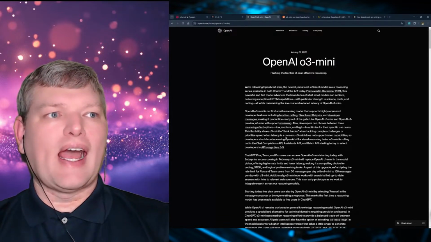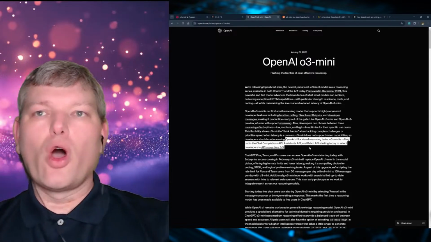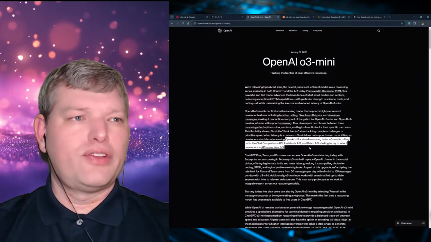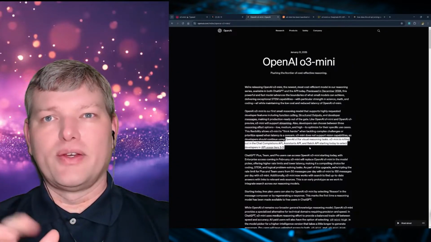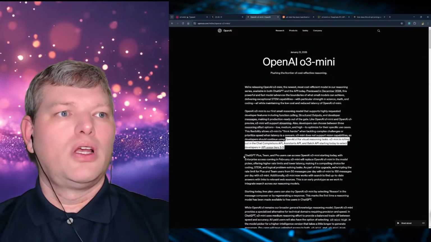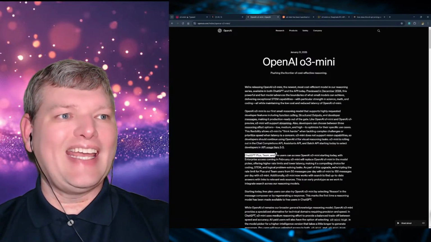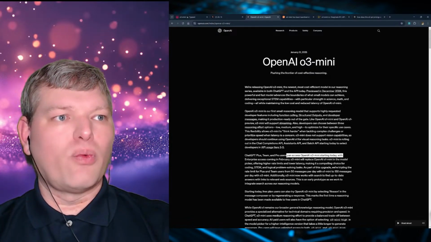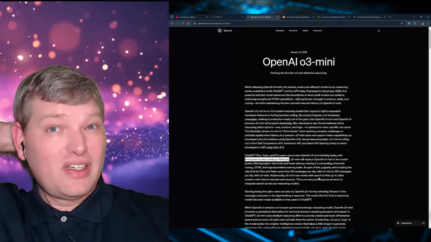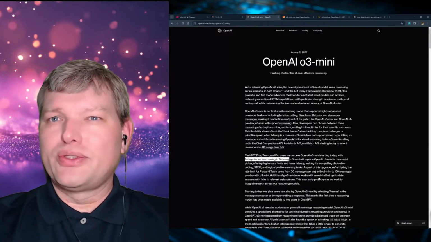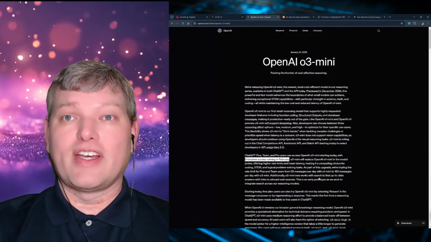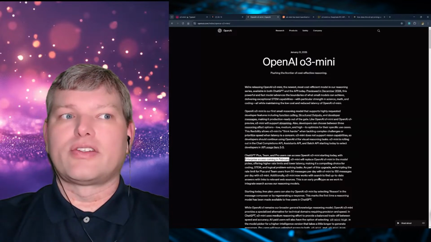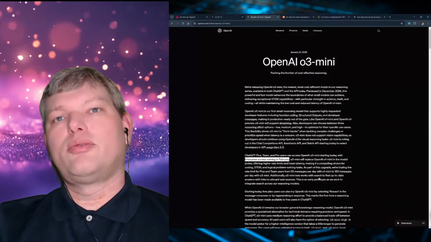In terms of rolling that out, they have put it across all of their API capabilities, but only for usage tiers 3 through 5. So if you're using those APIs and you're not in those tiers, you may have to wait a little bit longer. Also, they are making this available starting today, including team and pro users. But enterprise is going to have to wait a few days, perhaps a whole month. I'm not an enterprise user of ChatGPT, so I'm delighted to not be affected by that. It is interesting to see how quickly that is rolling out. Typically with enterprise offerings, there are additional considerations that have to be taken under.